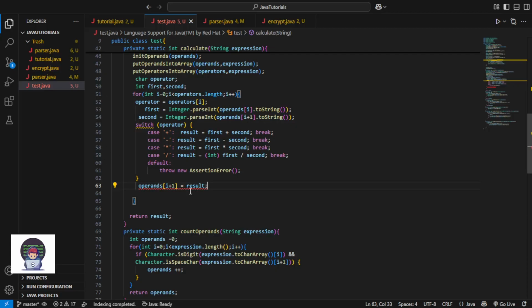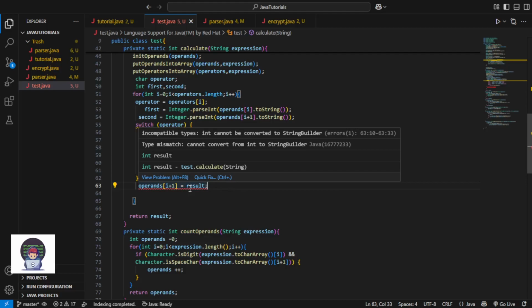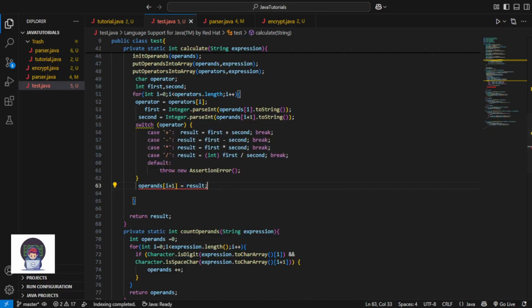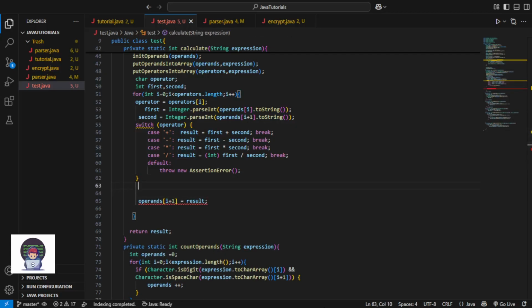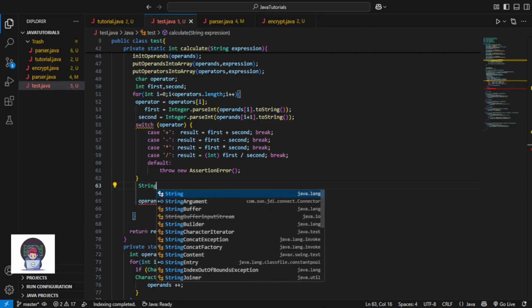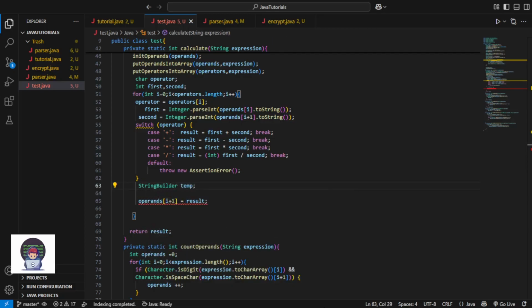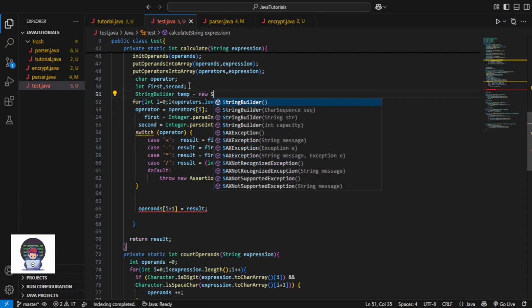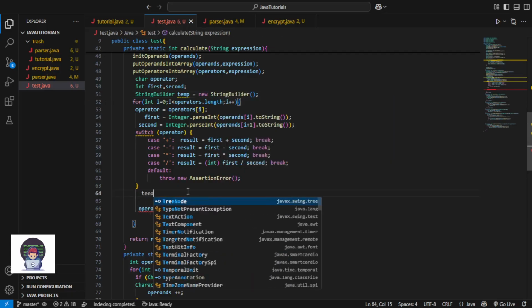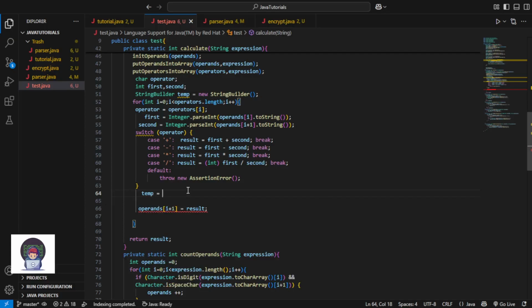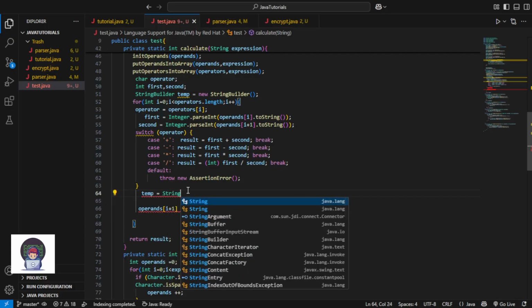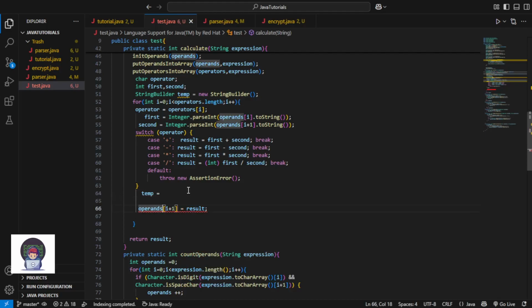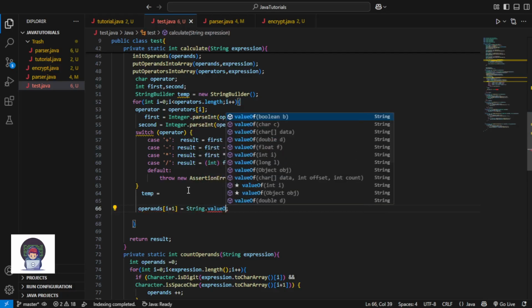Boom. Wait, what? Int cannot be converted to StringBuilder. How do you convert that to a StringBuilder? Let's say StringBuilder temp. We will create it outside this loop. StringBuilder temp is equal to new StringBuilder, and temp is equal to... wait. How do we convert this to result of String.valueOf